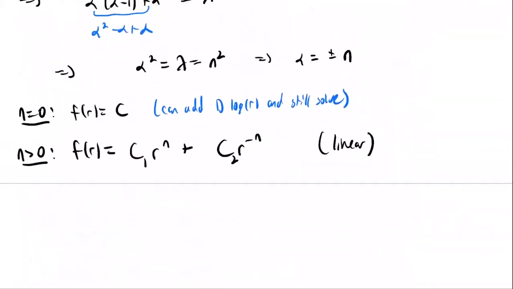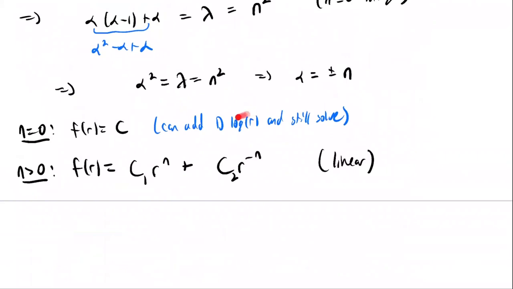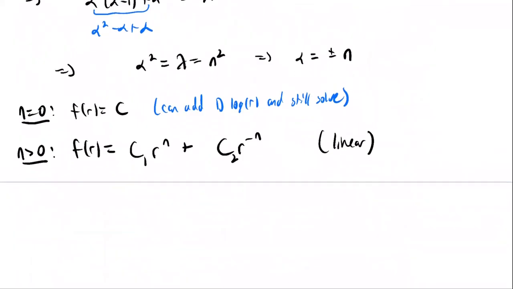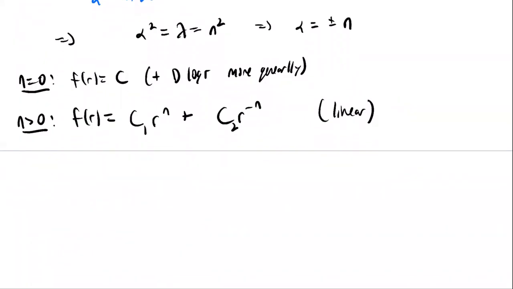However, notice that, well, log r, right? So let me actually add this on. So the more general solution is plus some number d times log r more generally. So why didn't I do this initially? Like, why haven't I spent more time precisely deriving this log r term? Well, we'll notice that